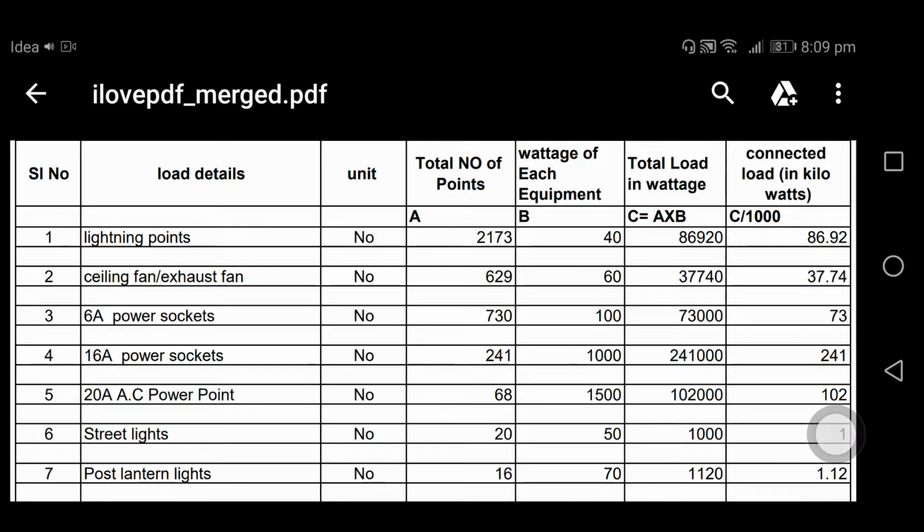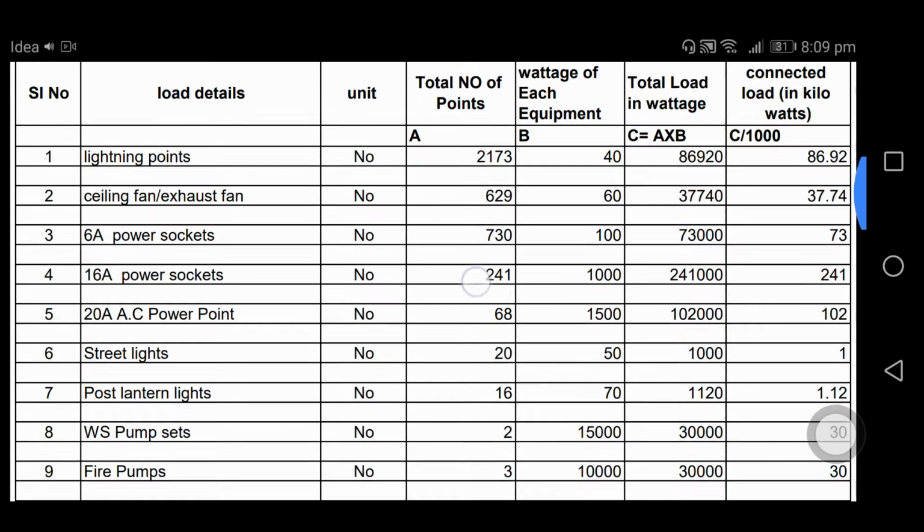Good morning, friends. Today I am going to explain how to design a transformer for a residential apartment or a building or anything. First, you have to list out all the load details particular to the building, like